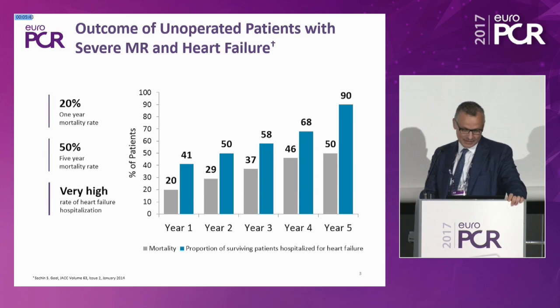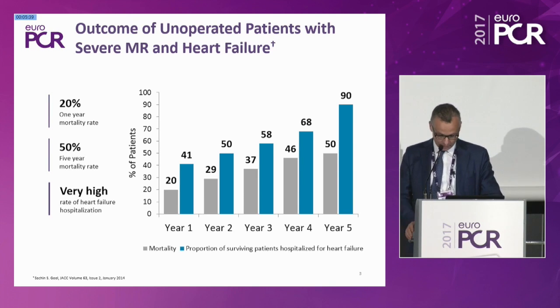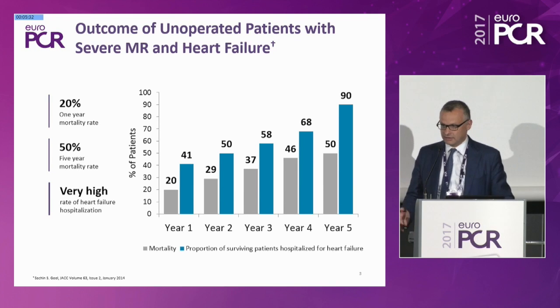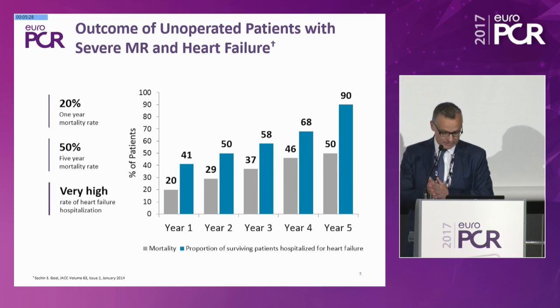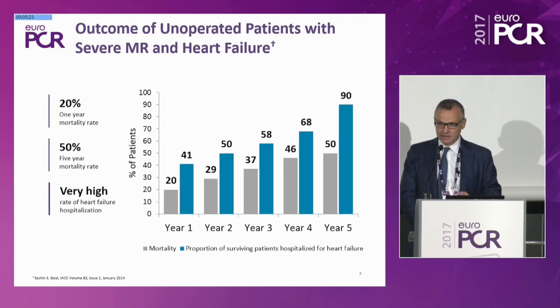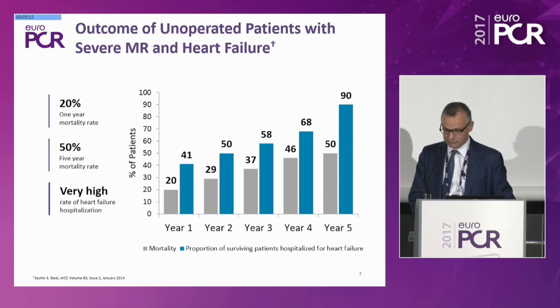Yeah. So the topic is obviously very well known. We talk about heart failure patients. The heart failure community is ready to open the door to mitral valve treatments, and we're talking today about Cardioband, which is an angioplasty device, and in my opinion, the device which will change the perspective of heart failure treatment